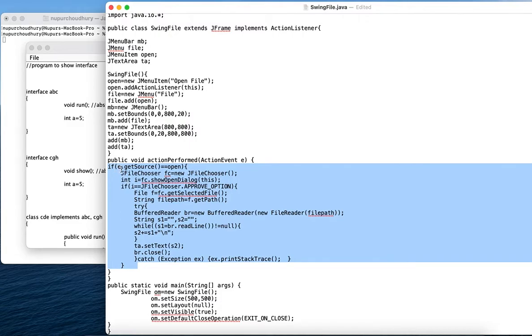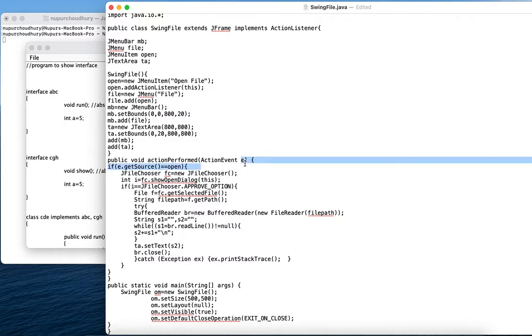So if e.getSource, e is the object which will be taking care of any event which has occurred, and the getSource method will be giving us the source of the event. Is equal to open.